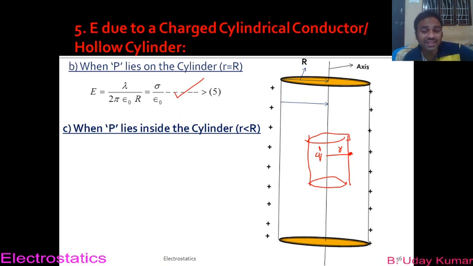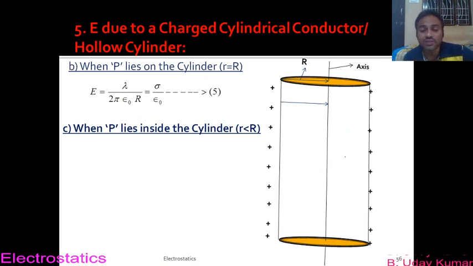But from the figure it is clear that no charge is present inside this Gaussian cylinder, because whatever charge we give to this charged cylindrical conductor, this entire charge is going to reside on its surface, not inside it. Hence no charge will be present inside, and obviously when there is no charge, the flux coming out of this cylinder will be zero. That means the electric field intensity will be zero at a point P inside the cylinder. Anyway, you can understand that clearly.